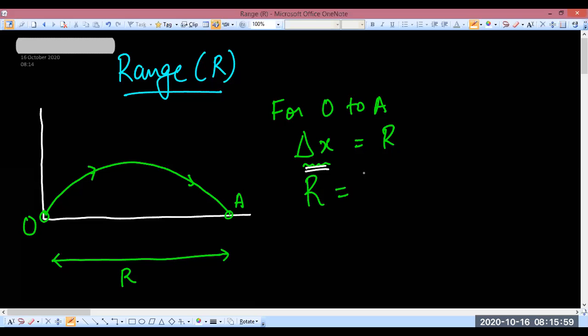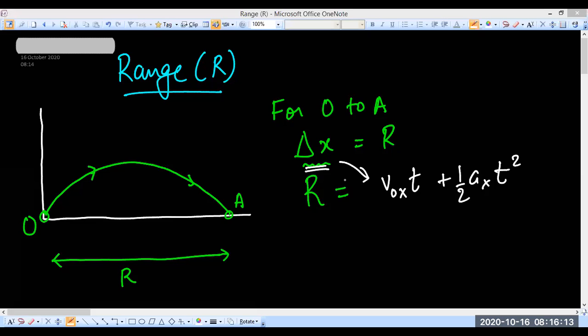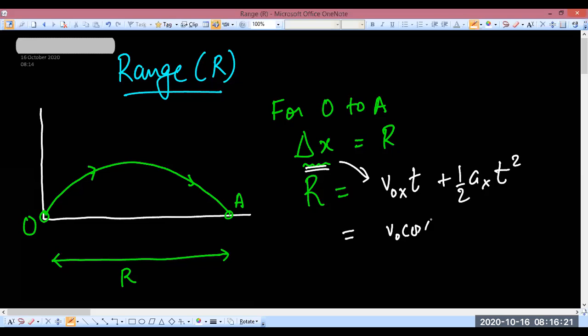Even if you don't remember, you know the formula for delta x, right? What is it? v0x t plus half ax t square, right? For those who don't remember, like me, I don't even try to remember. It's not even required. Just put it in and it comes, right? v0 cos theta 0 t and ax is 0, so that's done, no need to write that. R is equal to this,